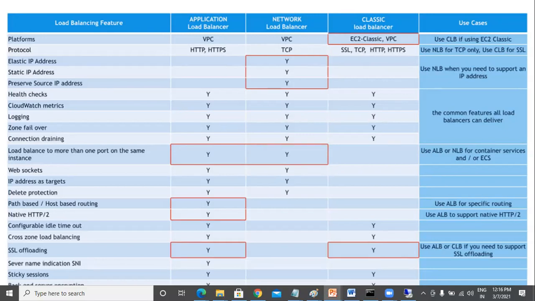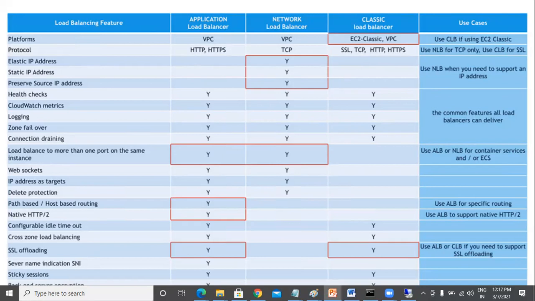So you need to understand what is the difference between an application load balancer and a network load balancer. In application load balancer, your target will be HTTP or HTTPS, which means that you can only communicate via browser, through URL, through a browser based solution. Network load balancer, through TCP IP you can do.